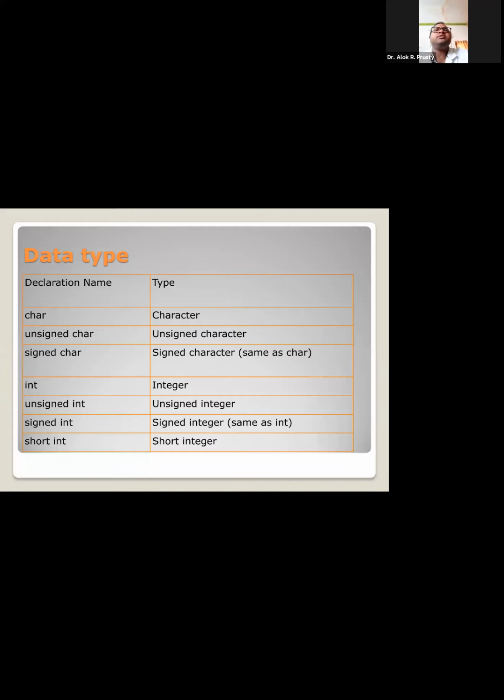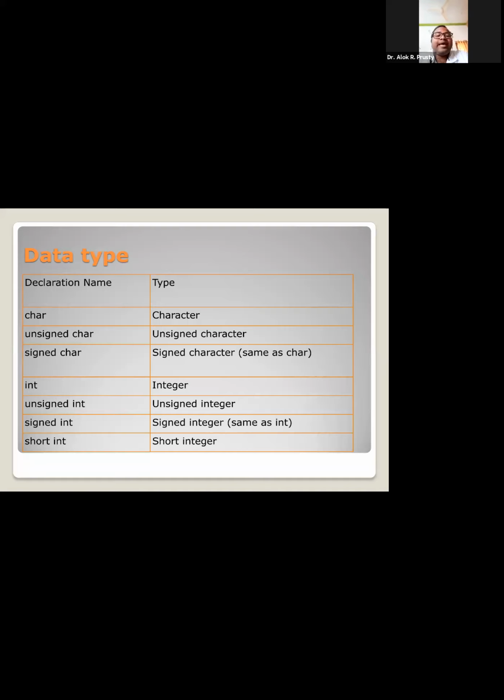Whenever I am saying unsigned, what does sign mean? Either positive or negative. If I do not have a negative number, then I can say the values are unsigned, because a positive number never requires any sign. But in the case of a negative number, you have to signify it with the negative sign. So in that case, you have to write unsigned character. So the compiler will use only the values which have no negative sign before the variable.